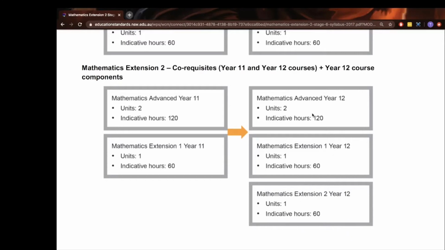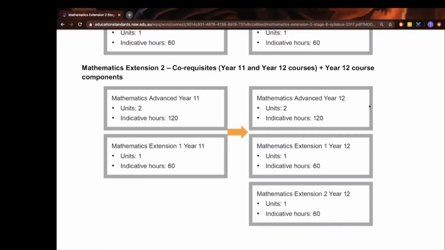Also note the indicative hours. You'll be studying 120 indicative hours for Advanced, 60 for Extension 1, and a further 60 for Extension 2. So in total, you will have 240 indicative hours of classroom work. This means that you will be dedicating around double the amount of class periods to maths as kids doing just advanced maths would be. It's also important to note that since you are studying 4 units of maths, as opposed